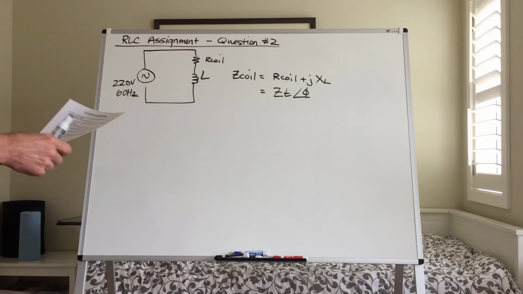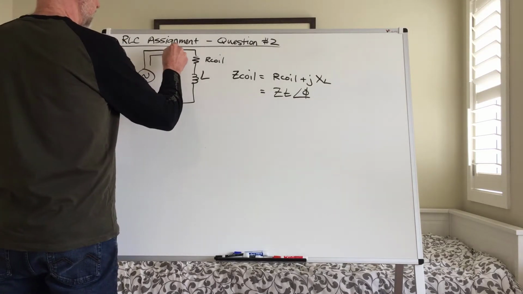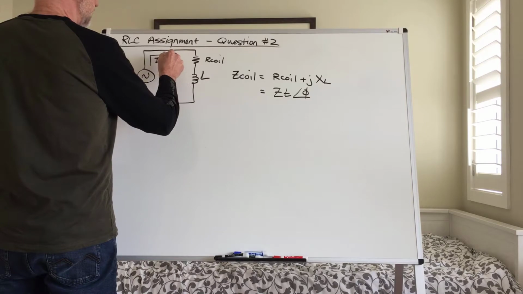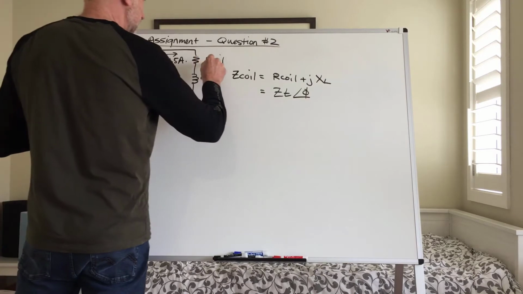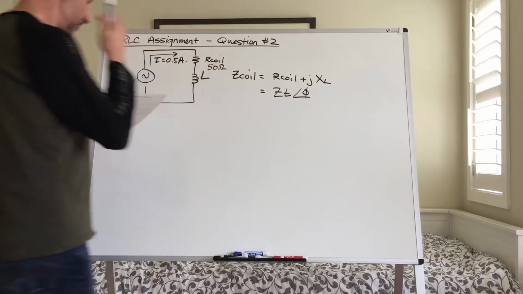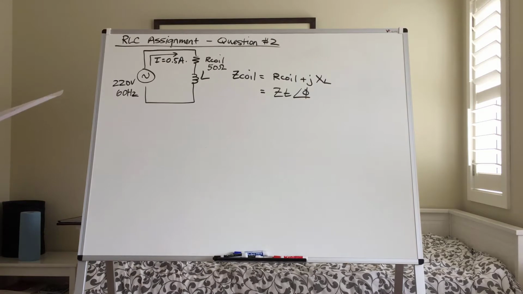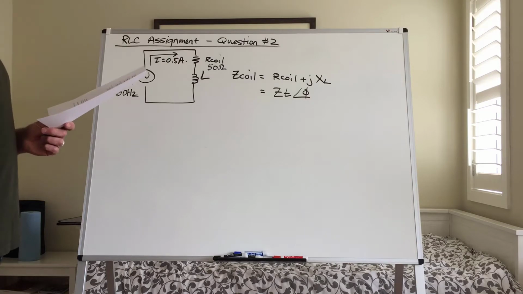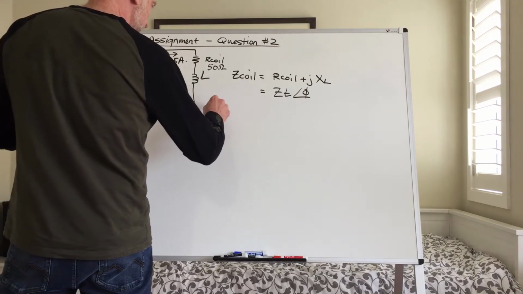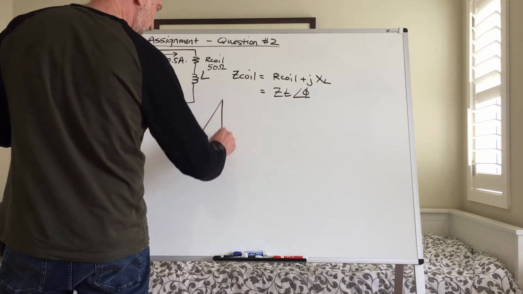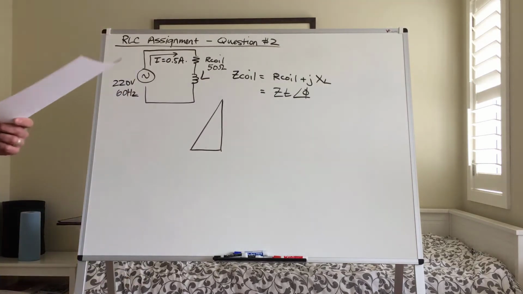So when we're looking here, we're also finding that we've got an I of 0.5 amps and an R coil value of 50 ohms. Now, we haven't been given a value of L, because that's one of the things we need to determine. We haven't been given a value of XL either. So based on that, we can use our impedance triangle in order to determine that missing value of XL or L. An impedance triangle for a practical coil, of course, is going to involve that plus jXL component,